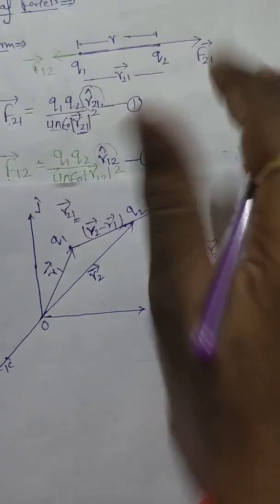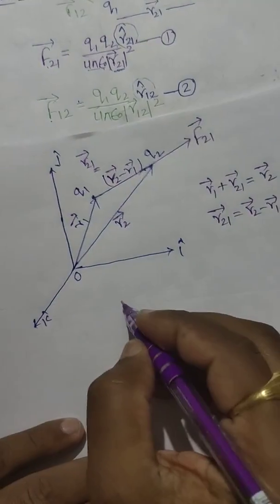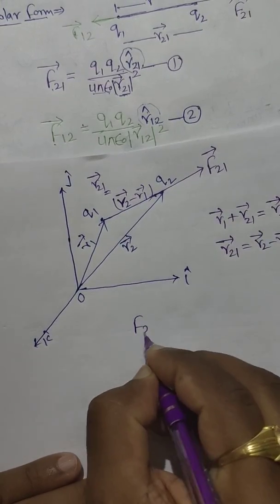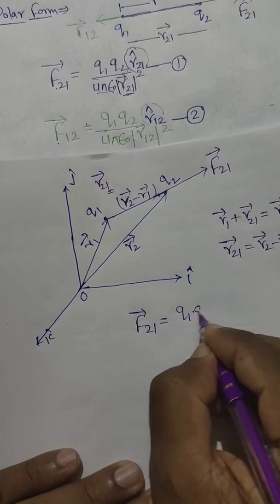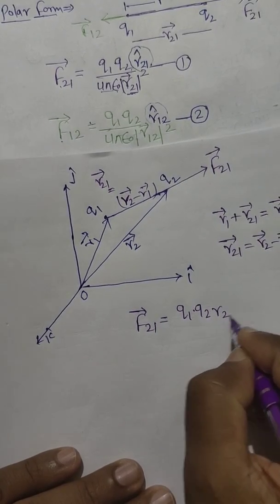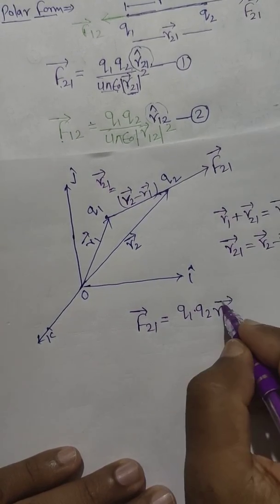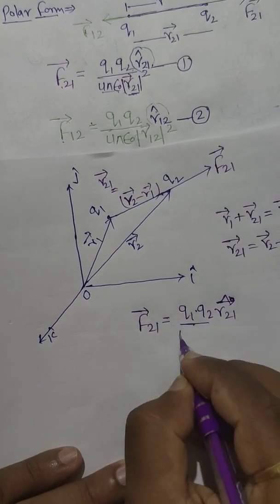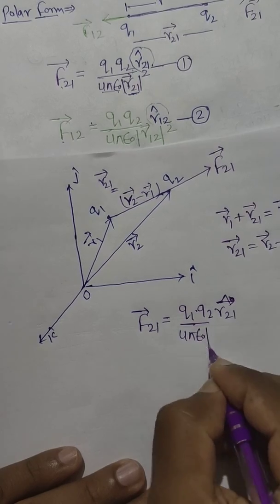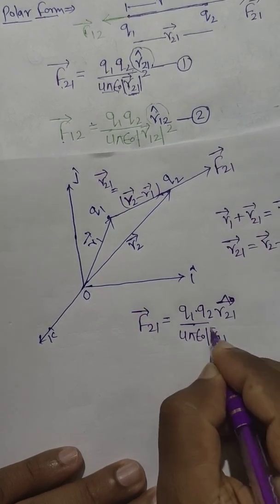Now we can use this formula. So we can write here F21 vector is equal to Q1 Q2 R21 cap upon 4 pi epsilon 0 R21 vector